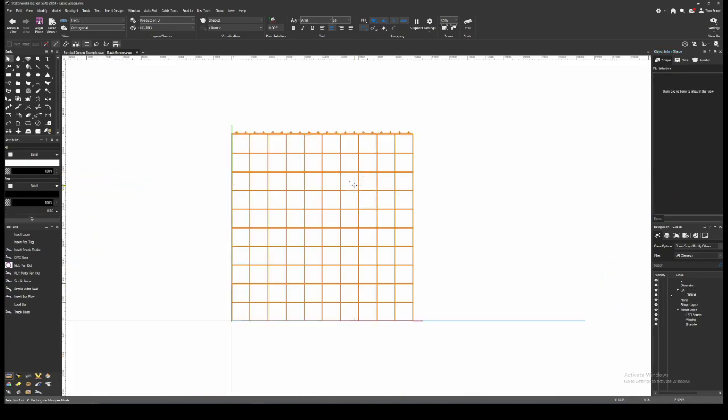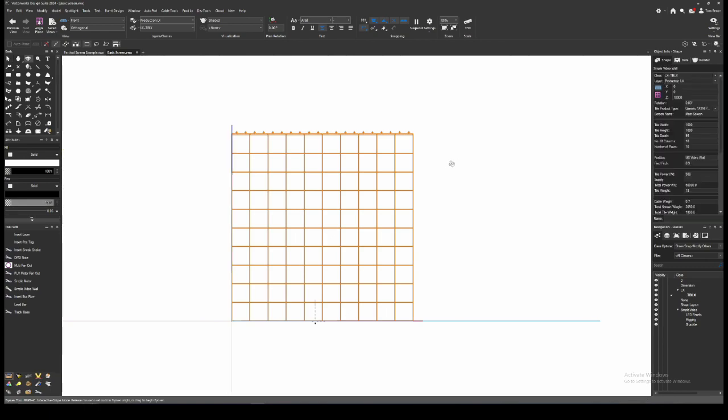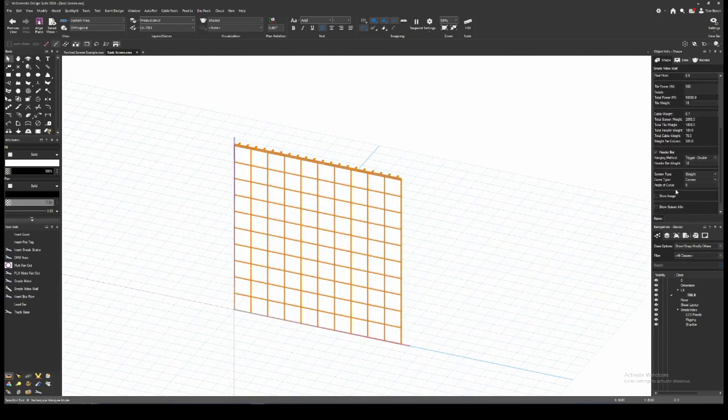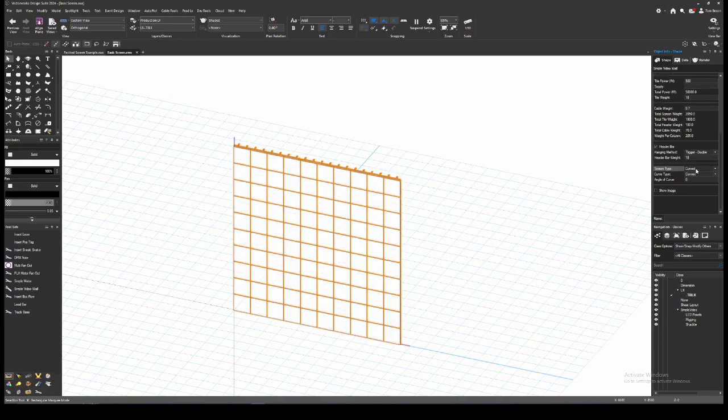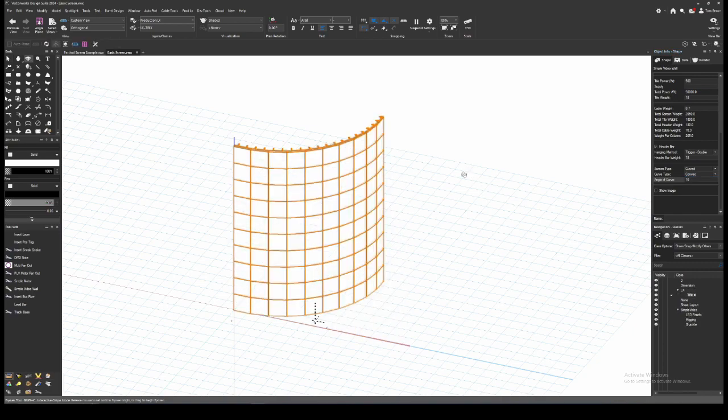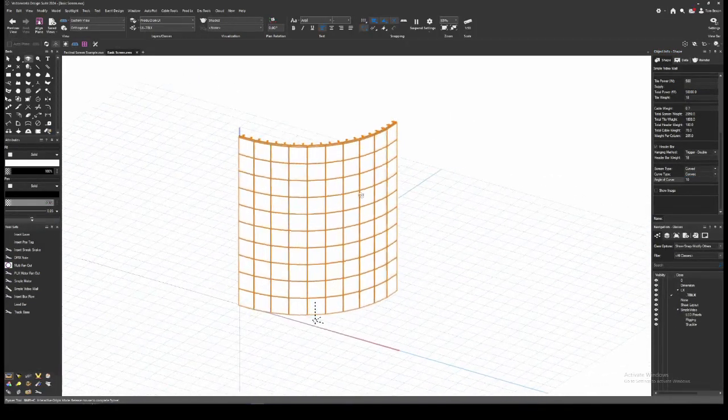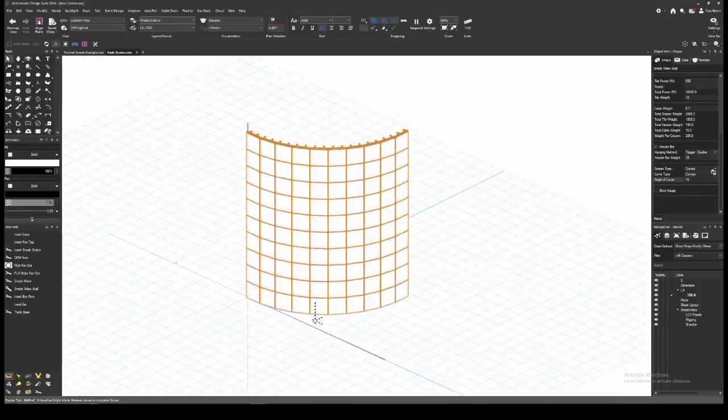Simple Video Screen doesn't just do straight screens either, we can also do curved screens. So if we go down here, screen type, and change this to curved, we can then choose from a convex or a concave curve type, give it an angle, and Produlex will automatically curve the screen for us. Then change this to concave,